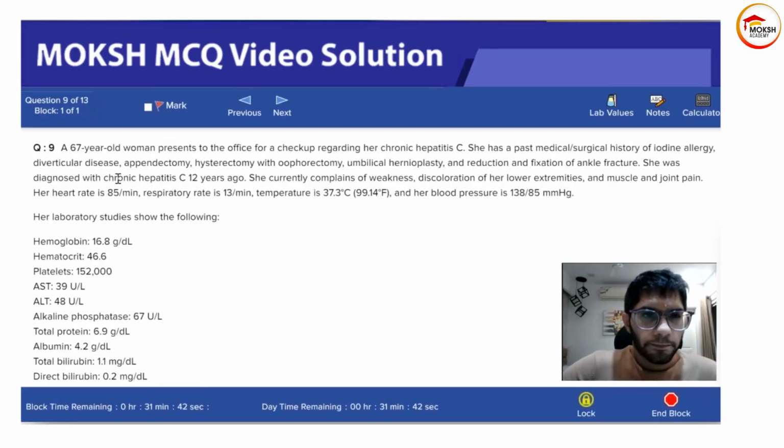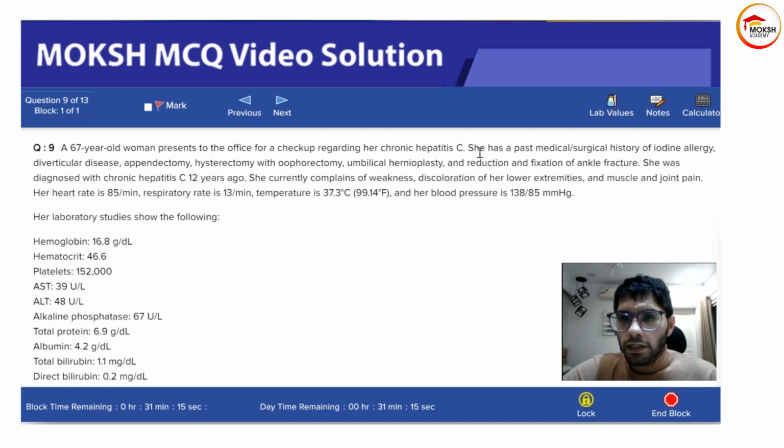Question number 9. A 67-year-old woman presents to the office for a checkup regarding her chronic hepatitis C. This is important. You have certain 2 or 3 situations associated with chronic hepatitis C which you need to remember. The last question was also similar to this one. But it was not related to hep C, but some other viruses also can present with